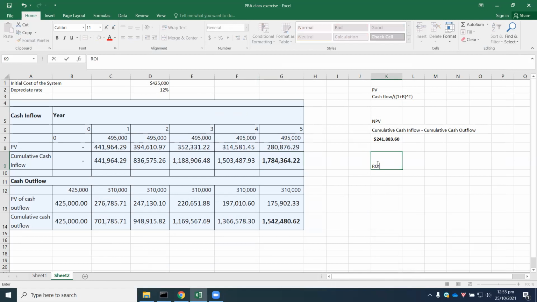ROI equals, first of all, what you're going to do is you'll find out the profit divided by the initial costs,